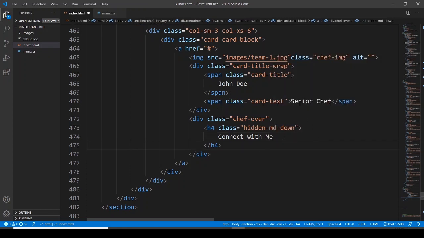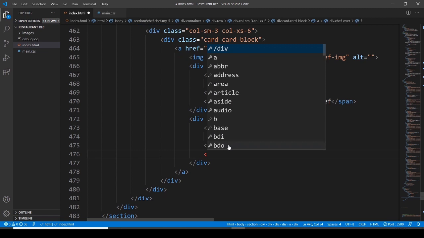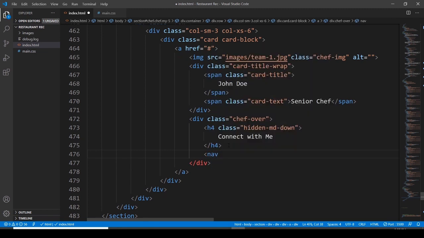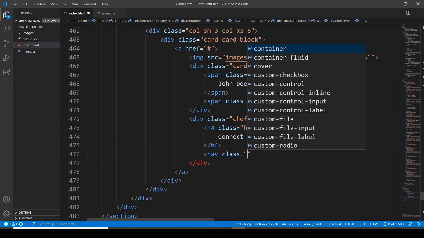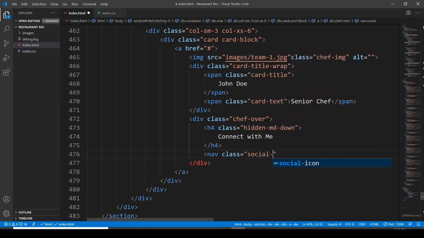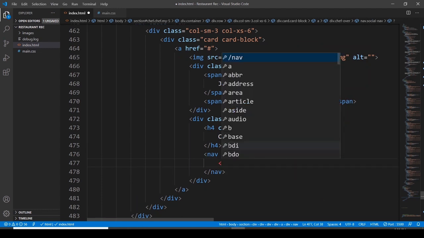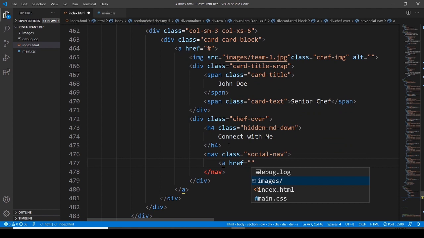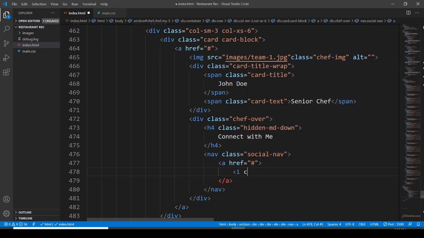Okay, and then after, let's have a navigation, a nav element, where we do have a class, and this class is going to be social nav, and then href, and then connect with me, and then href, and then I want to go with a font awesome icon class,